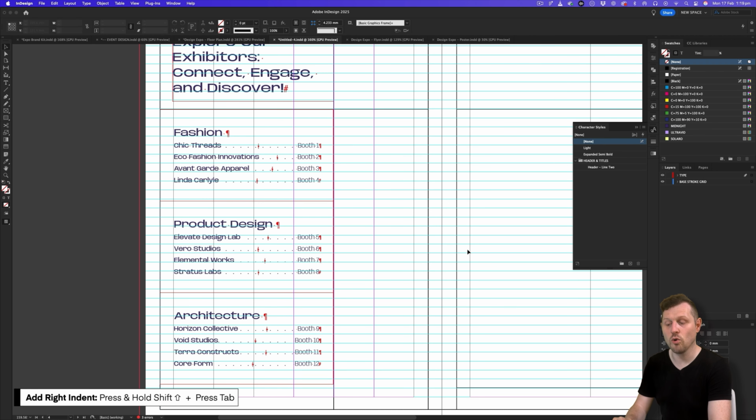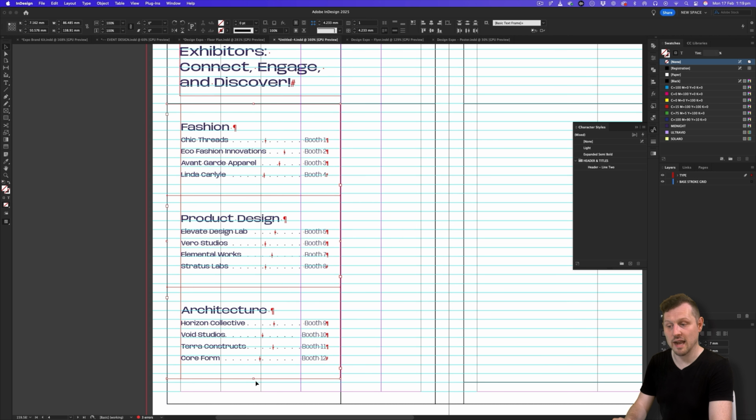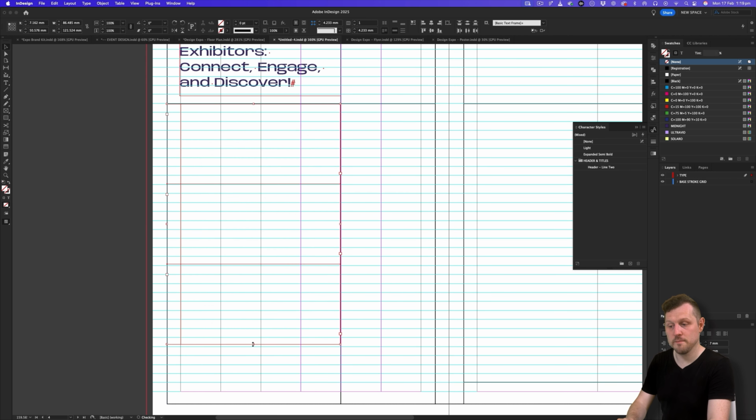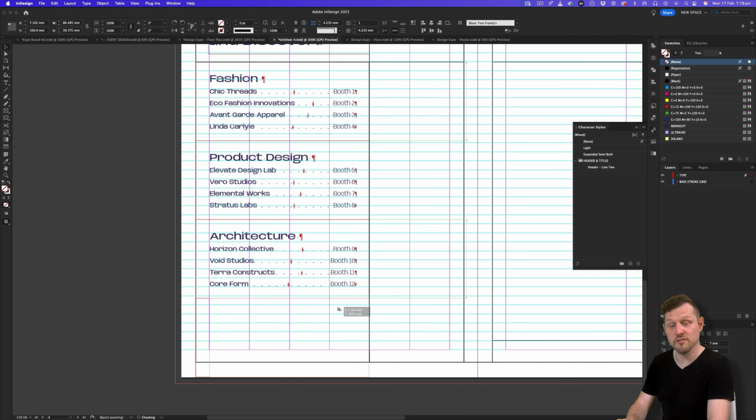So now I'll select all 3 frames, which right now are the same size, and click the bottom middle anchor and drag them up to just adjust the height together. So for the last time, I'll duplicate the bottom index down, jump into the content deck, select the 4th index